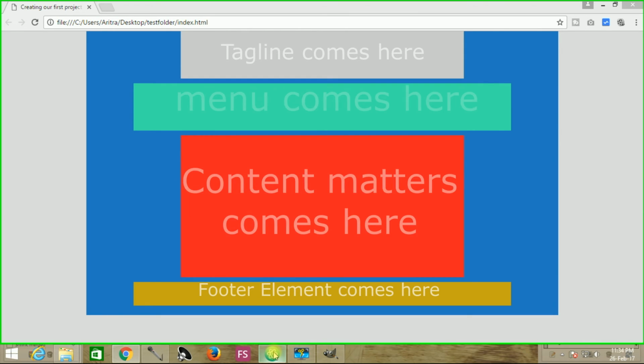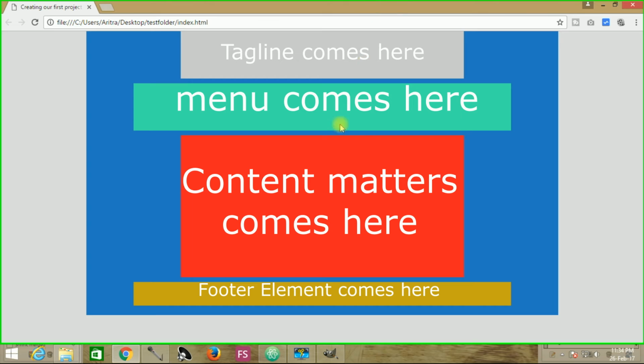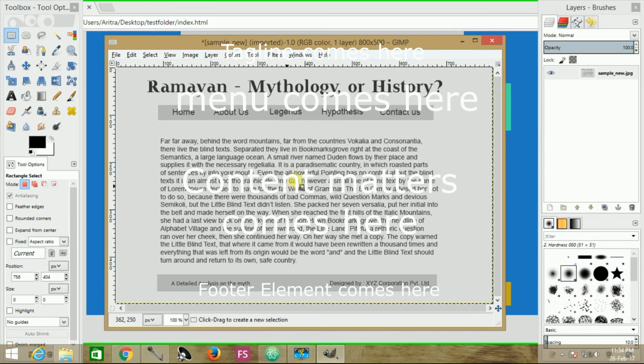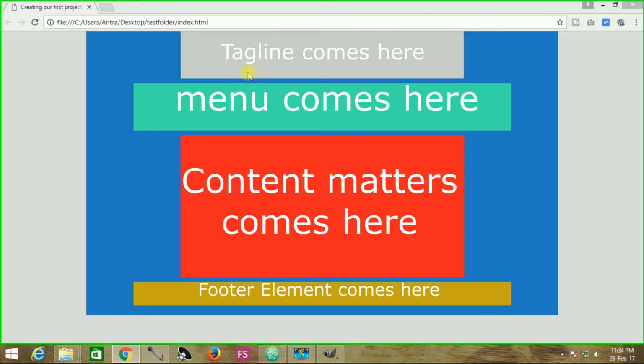So that is how we have successfully created some building blocks, into which the corresponding contents will be placed. After placing all those contents in position in accordance with the template we have been given, all we need to do is remove all these backgrounds that we placed to make sure the blocks are in proper position. So these are the primary blocks that you have to create.